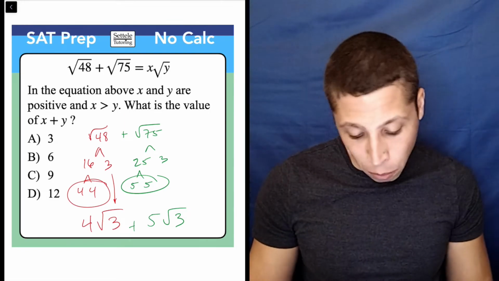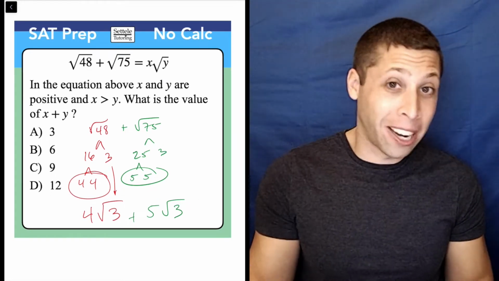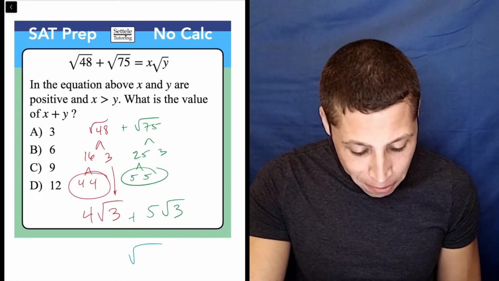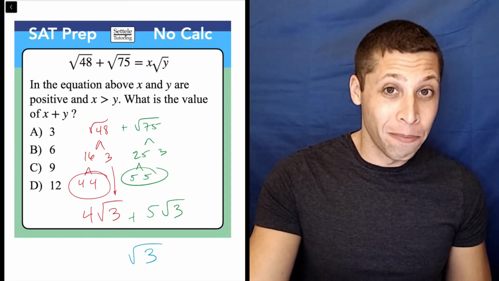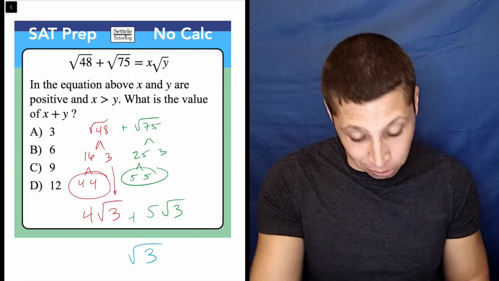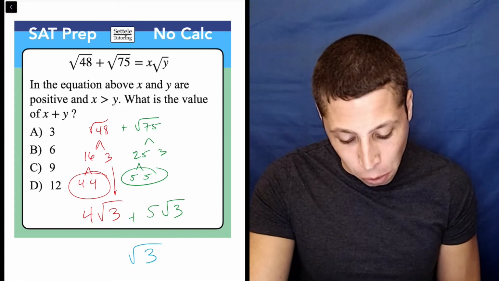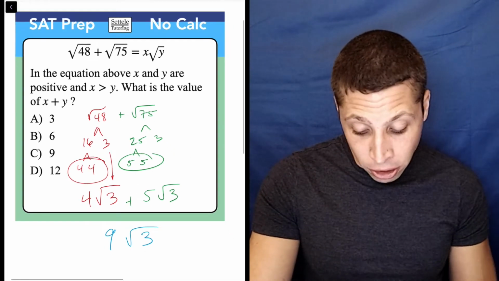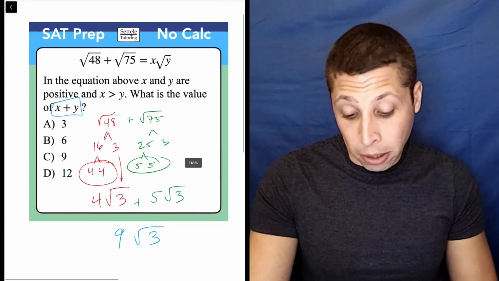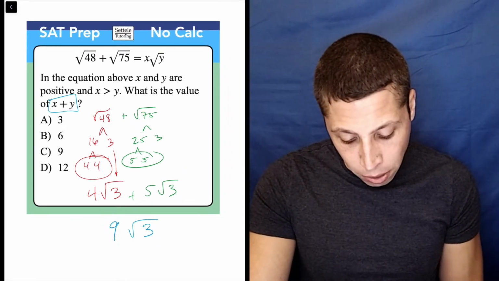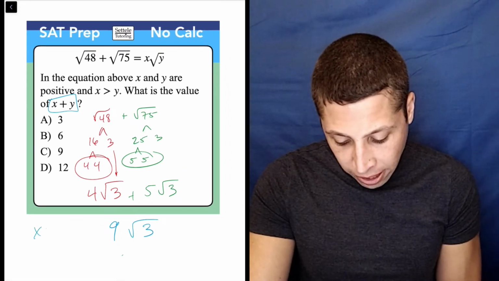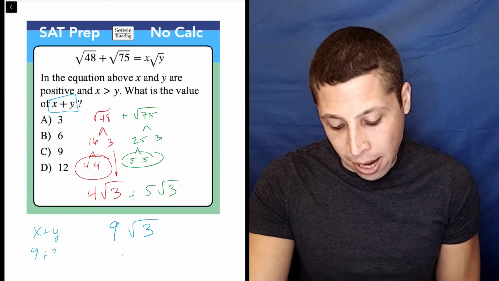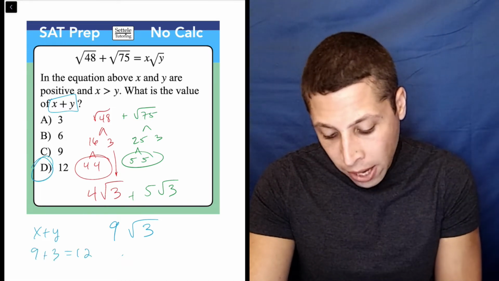So what would we now do? Well, we would, kind of like with common denominators, keep the denominator, or keep the radical, and then add the numerators, or in this case, the coefficients in front. So 4 plus 5 is 9. So there we go. That is our simplified version, and since they want the value of x plus y, all we've got to do is take these two numbers and add them together. So in this case, x plus y is going to be 9 plus 3, which is 12, and that is